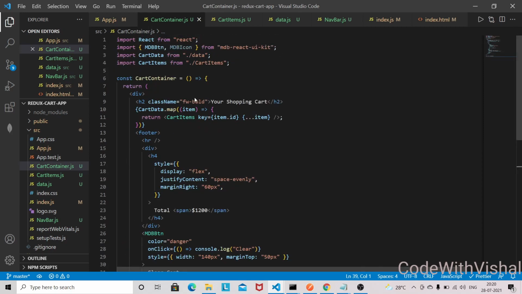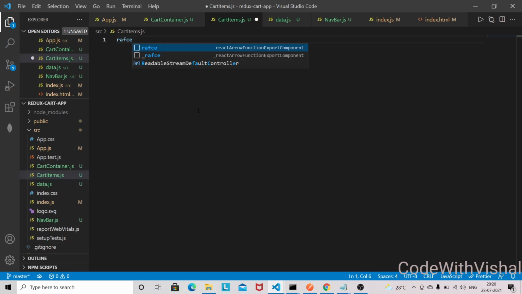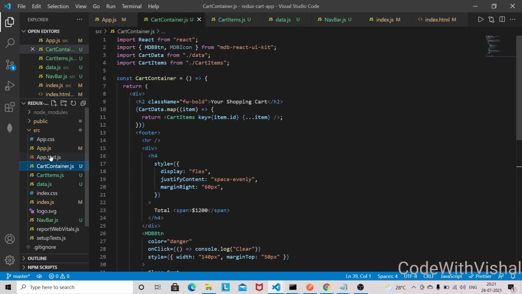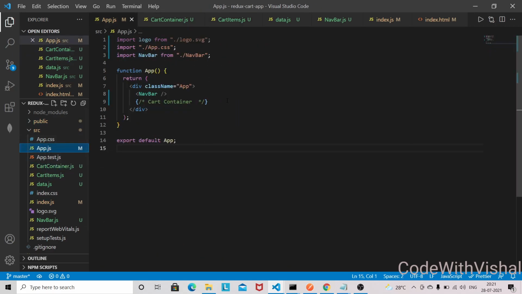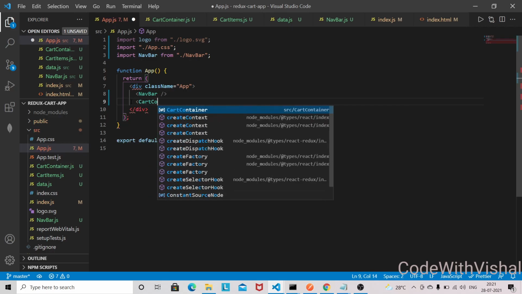And we need to work on this cart item as well. So let's generate this component using RFCE, and as of now just leave it as it is, and we are going to import this cart container in our app.js. So I'll remove this one, and I will import the cart container.